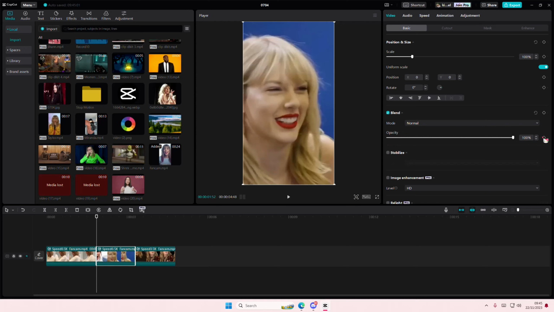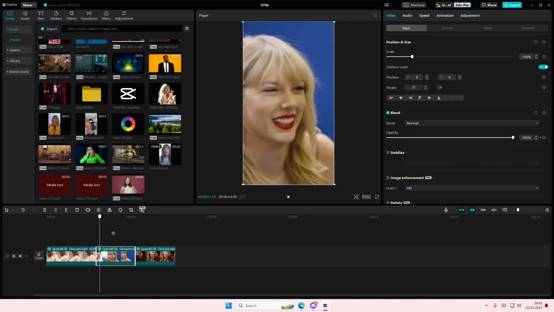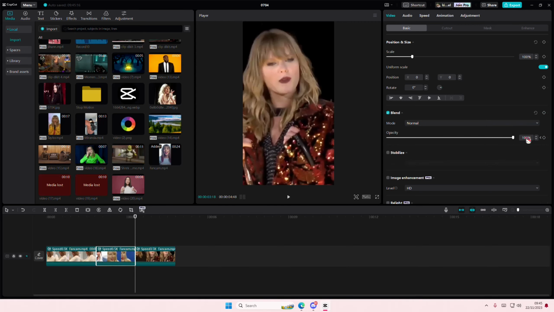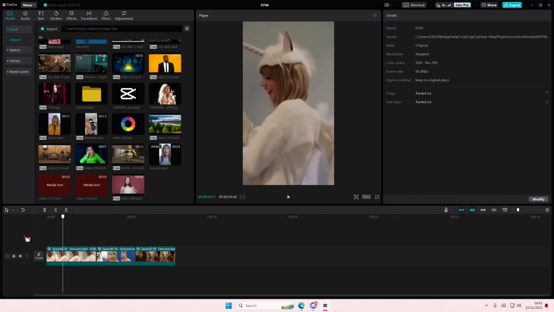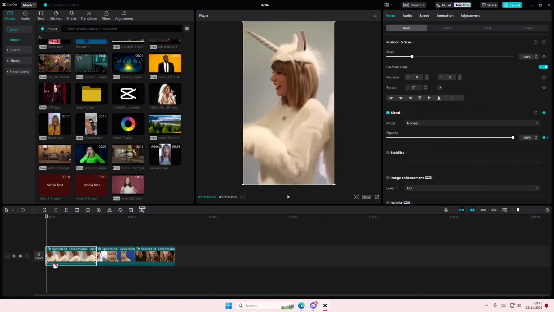Make sure you add in some slow-mo first though. I just have mine at 0.5x speed, sorry. And then again, I'm going to do it for all of them, opacity from 100 to 50%. Okay, great. Once you're done with that, you are then going to